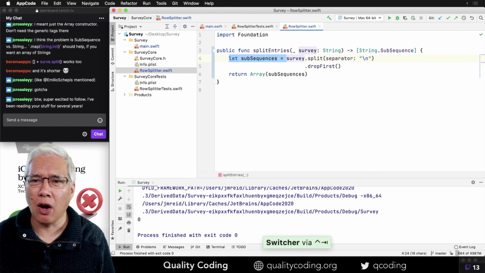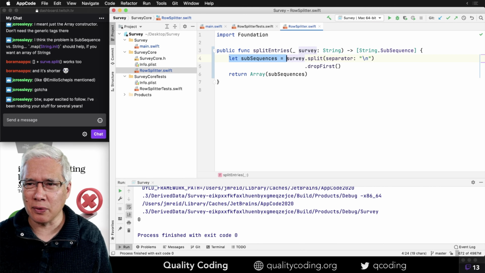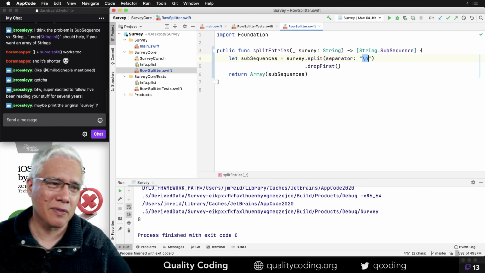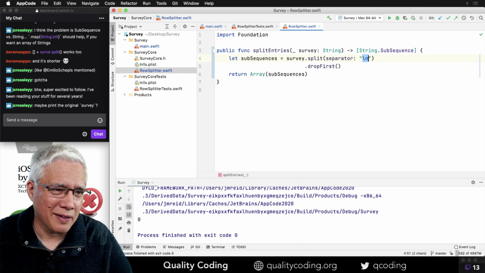Oh, oh, I think I know what's going wrong. And maybe we don't need any of this. Here's the thing. Here's my separator. Yeah. Let me print the survey just so we can see what it looks like, and it's deceiving.